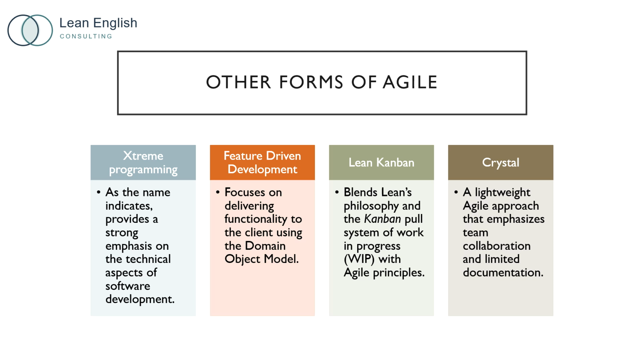Feature-driven development focuses on delivering functionality to the client using the domain object model. They use 5 activities to accomplish this: develop overall model, build the feature list, plan by feature, design by feature, and build by feature. Lean Kanban blends Lean's philosophy and the Kanban pull system of work in progress with Agile